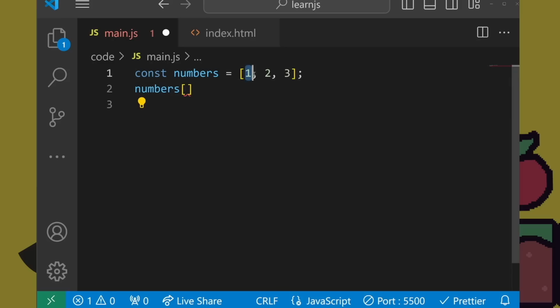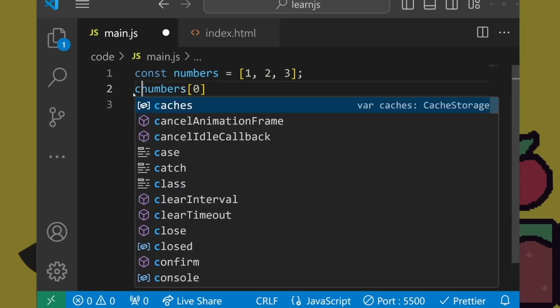So the way you access specific elements of an array is that you take the name of the array that you determined, and then in the brackets you put in the index. The way an array works is that the first slot has an index of 0. The second slot has an index of 1. The third slot has an index of 2. And so that means that the first index does not start with 1, but with 0. So here, if I do numbers 0 and I print that out,